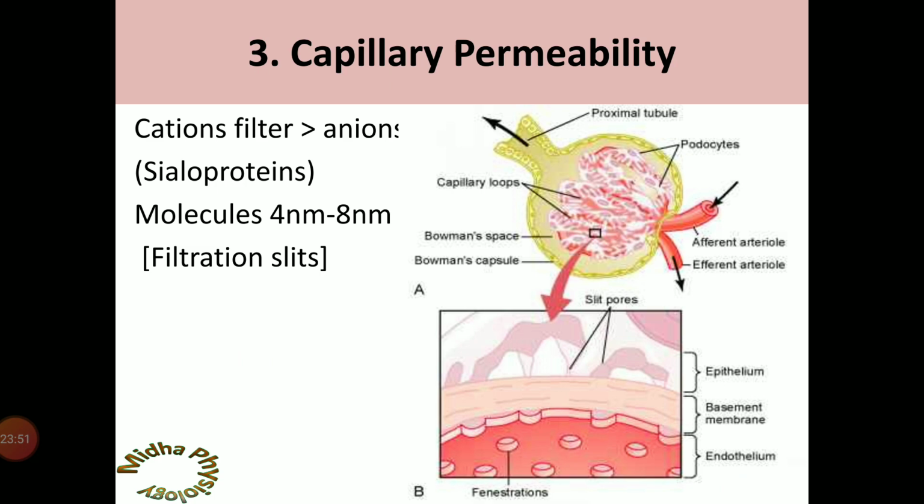Now the other factor which is going to affect the GFR is the capillary permeability only. You know that the cations filter more than the anions, because in this filtration slit which is formed between the foot processes, there are the sialoproteins which are going to repel the anions, and the filtration of the molecule